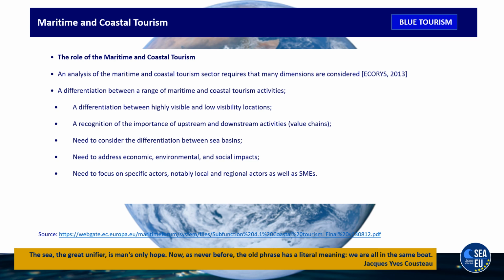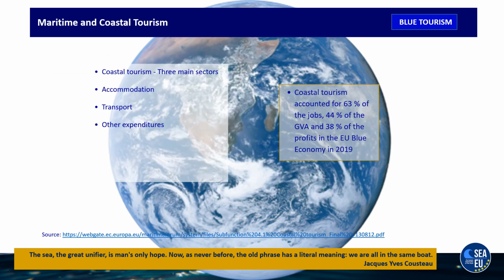The differentiation between highly visible and low visibility locations, the differentiation between sea basins, and the need to address economic and social impacts, and others. Coastal tourism consists of three main sectors: accommodation, transport, and other expenditures. And it's important to know that coastal tourism accounted for